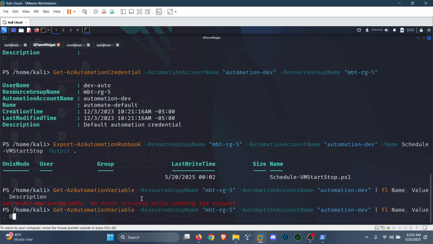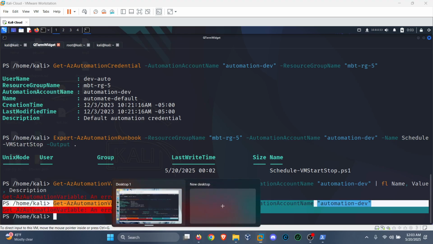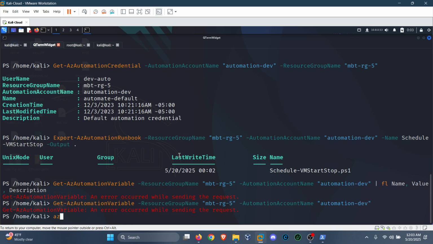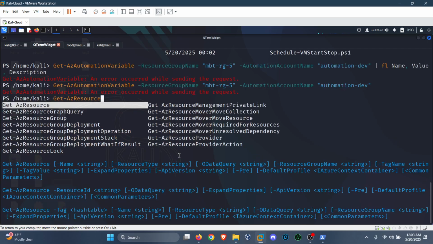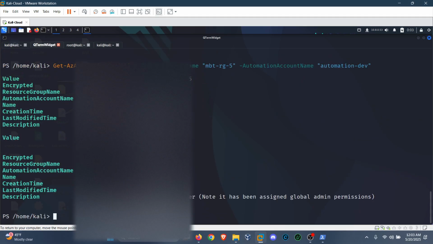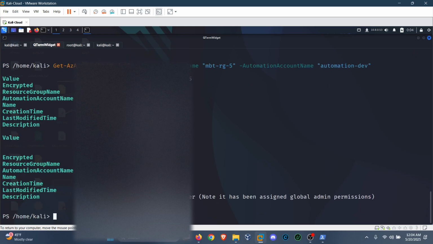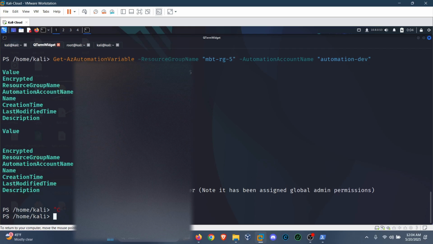Why did this happen? Error occurred while sending request. That is strange. Let me just check if I'm still connected. Okay, now it worked. So yeah, it worked now, and we can see that there's a value over here, and there's a flag, and that is the flag. So that's pretty much it for this